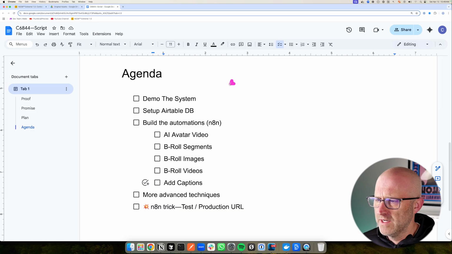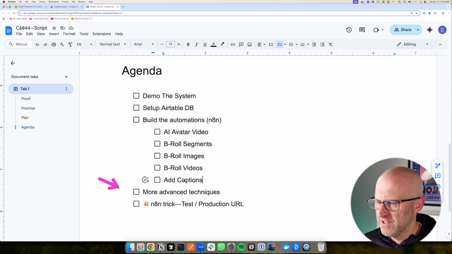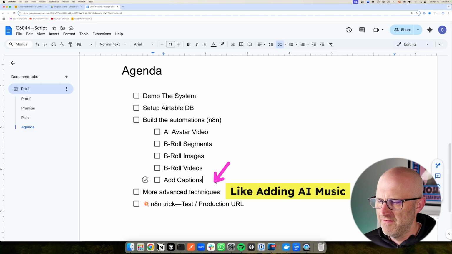So here's the agenda. We're going to demo the system. We're going to set up Airtable. Then we're going to build out the automations in N8N. We'll generate the AI video, the B-roll segments, the B-roll images, the B-roll videos. We'll add captions, and make sure to stick around to the end where I'll show you some additional advanced techniques